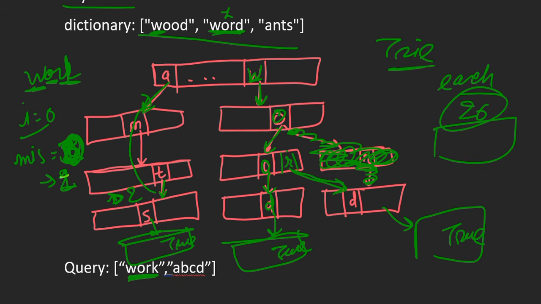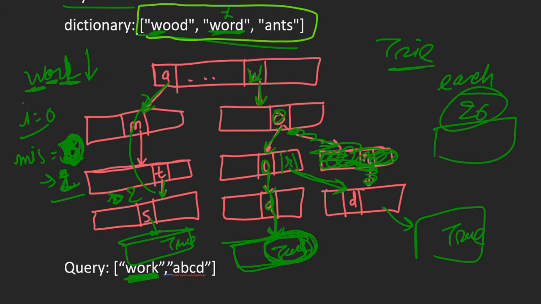So both are different, so the mismatch is 2. Then we move to this node. Mismatch is 2 means less than or equal to 2 is allowed. But if we see, we have reached the end of the word and our node is giving us true. That means this word can be converted to a word in the dictionary array, right? So we return true here, then this node will return true. So now instead of comparing the further words, we return true.